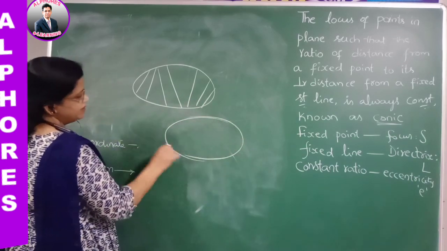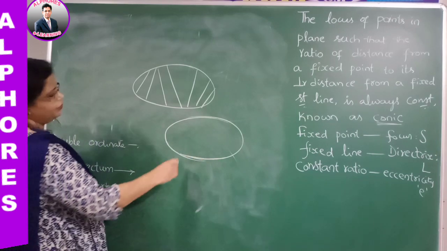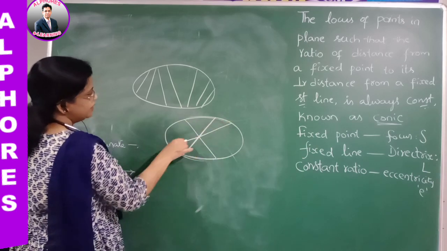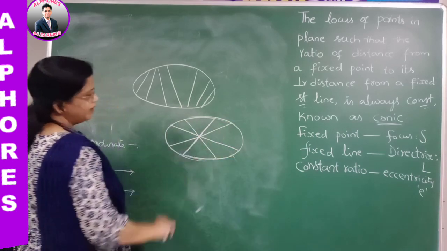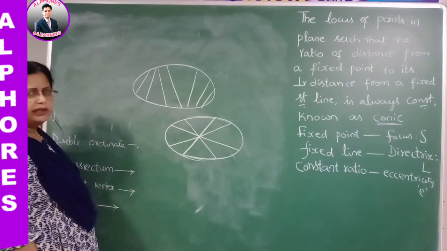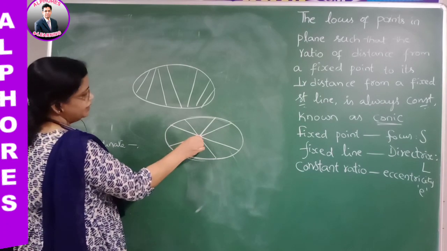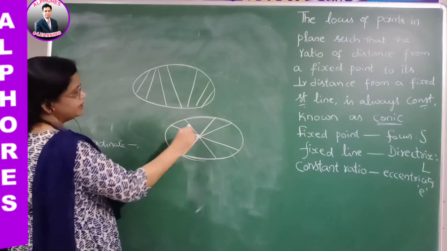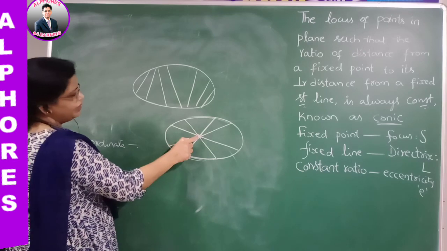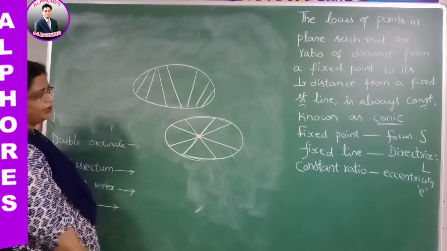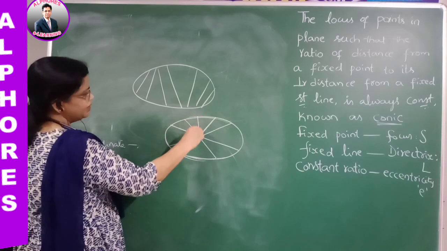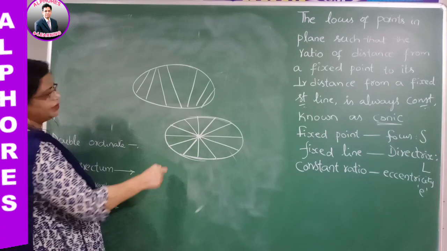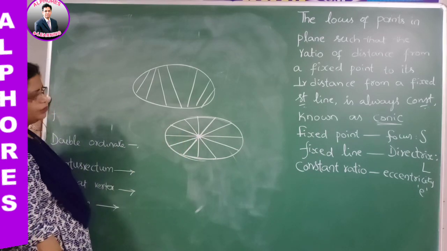That means this is a conic I am taking, and this is one chord I have taken, and this is another chord, and next to this is another chord, like this. And what is the common nature of all these chords? They are all bisecting at one and only one single point. If all chords are bisecting at a single point, that point is nothing but the center of the conic. So for all these chords, students, the common part is that all these chords are bisected by the same point. Then this is known as the center of the conic.